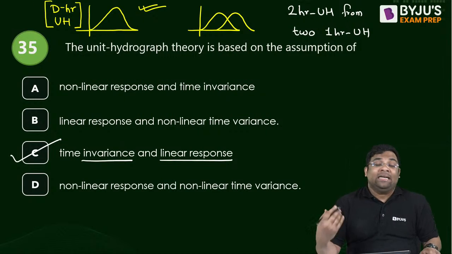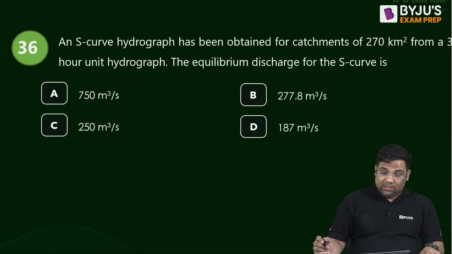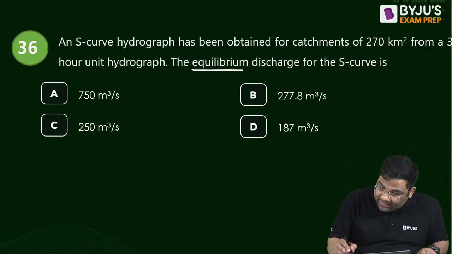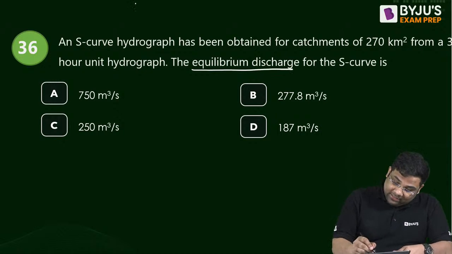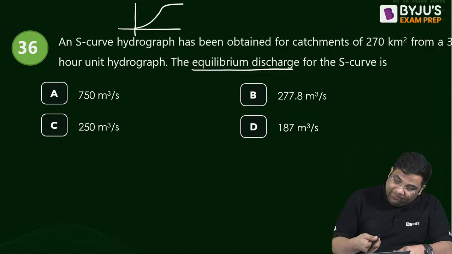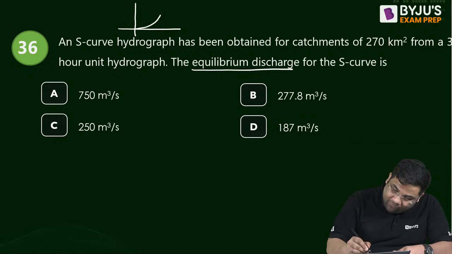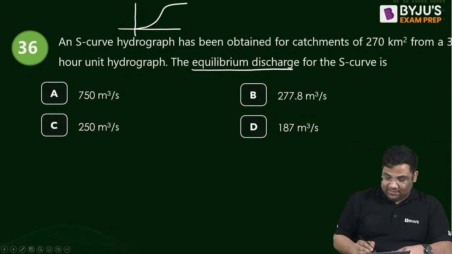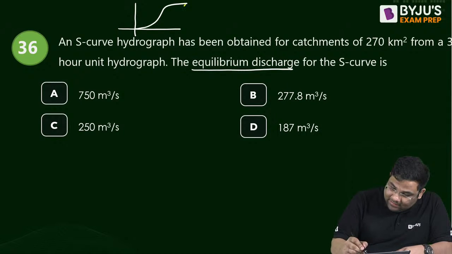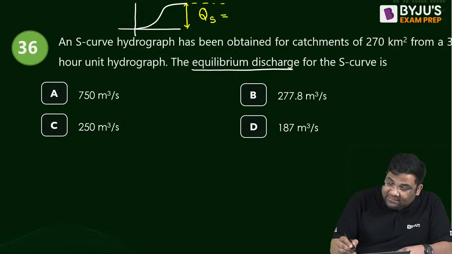We can add the data points. Okay? The two assumptions. Now S curve. In the S curve, they are asking you what? Your equilibrium discharge. Yes, we know that S curve we get when we repeat a unit hydrograph for infinite times, right? And this is the saturation discharge. You can say after this the discharge will be constant, and the saturation discharge formula is